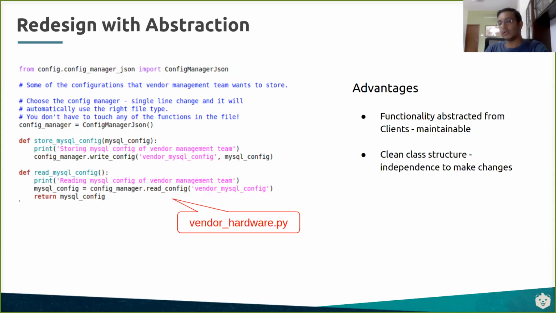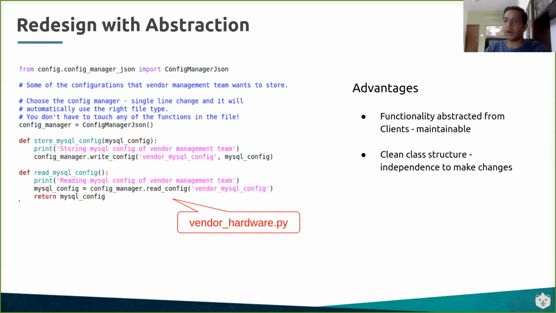Complexity hiding means the user or the client need not worry about how things have been implemented in the backend. All they need to know is the method signature to invoke it, and any changes in the implementation of these classes should not impact the clients. The client should have a clean, well-known exposed interface or method signature which they can invoke. That is basically abstraction, which is what this particular situation needed as well.